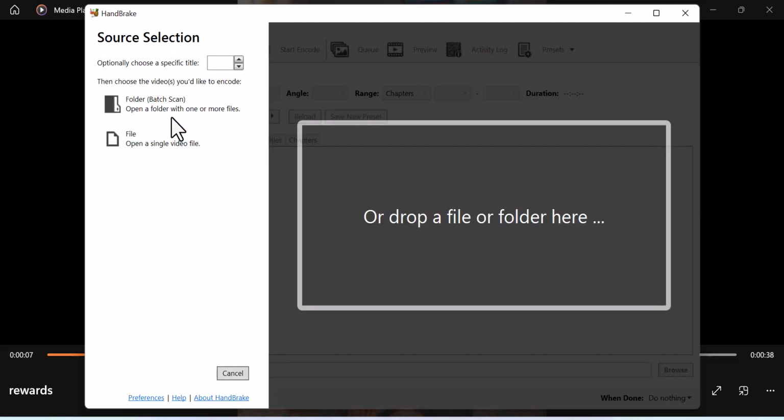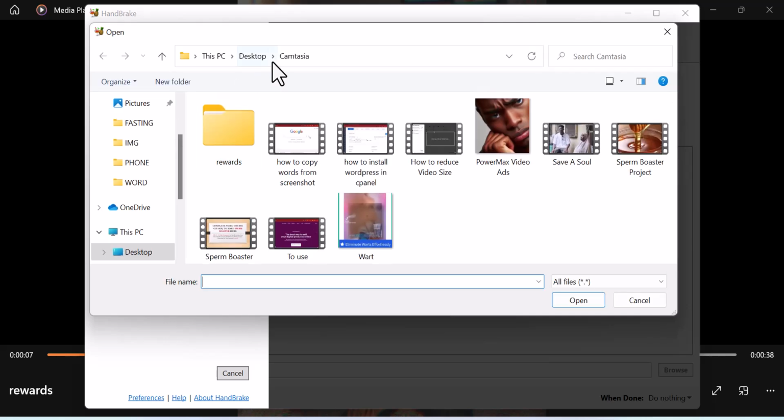Let's go on HandBrake. When you open the software, it is an open software which is free online. Just go on Google and search for HandBrake software and install it on your PC. After you have installed the software on your PC and you open it, come down to where we have this file here, click on file and go to where you have this